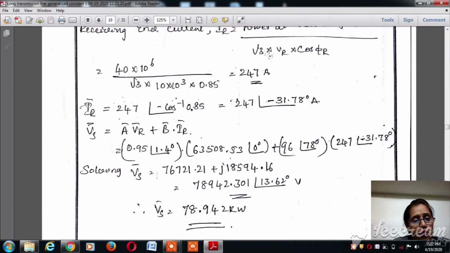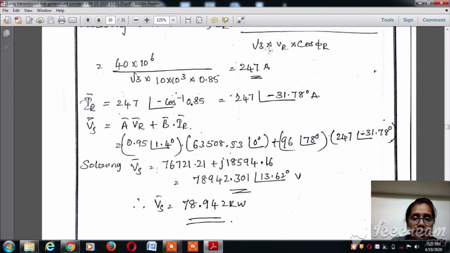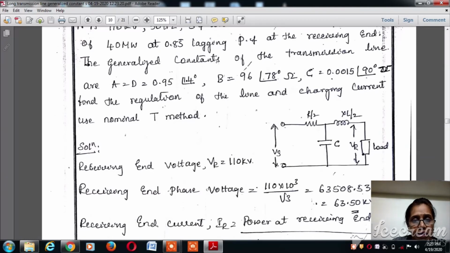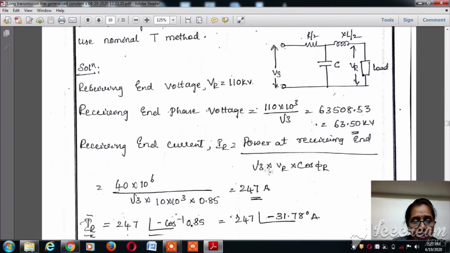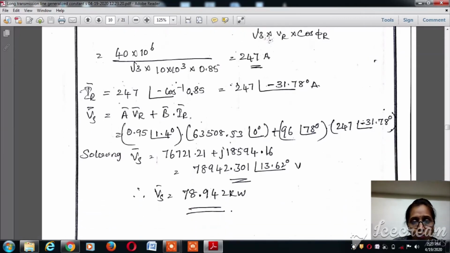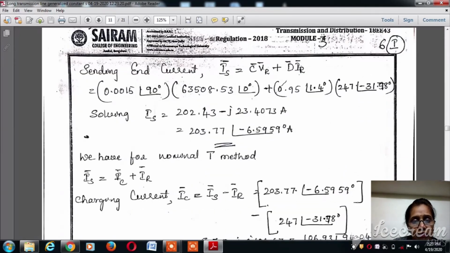Vs is equal to... So now what is the standard expression for Vs in terms of A and B? Vs is equal to A into Vr plus B into IR. So we know the values of A, B, C, D, it is stated in the problem itself. So using this we can find out the sending end voltage. A into Vr plus B into IR, apply all the values which are given in the problem, and we will be able to find out that Vs is nothing but equal to